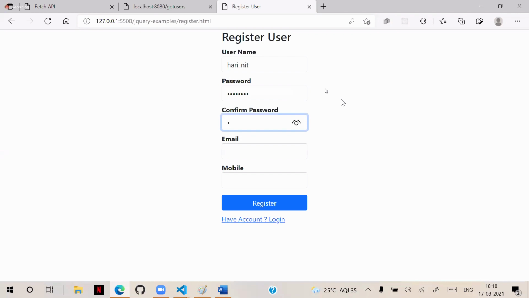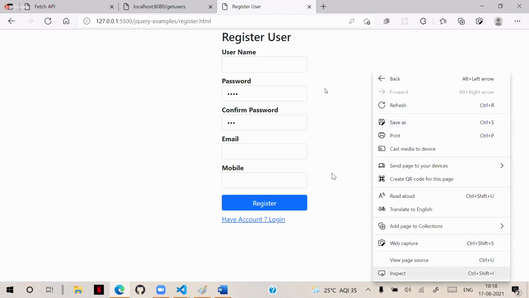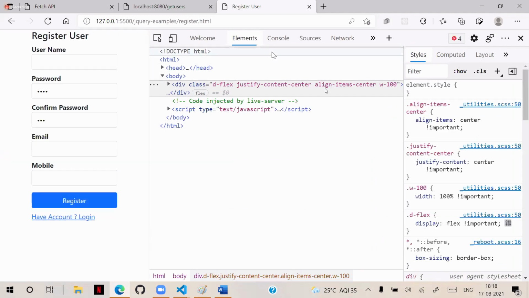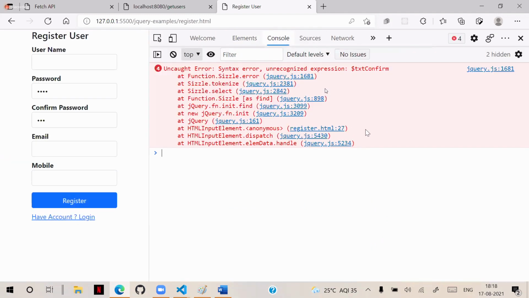Confirm password, we are entering some password. And when you are typing the password, it should verify. While typing itself, it should verify. Suppose you say the password is this, and here it is to verify. Here it is unable to verify because there is some problem with some functions, you see,